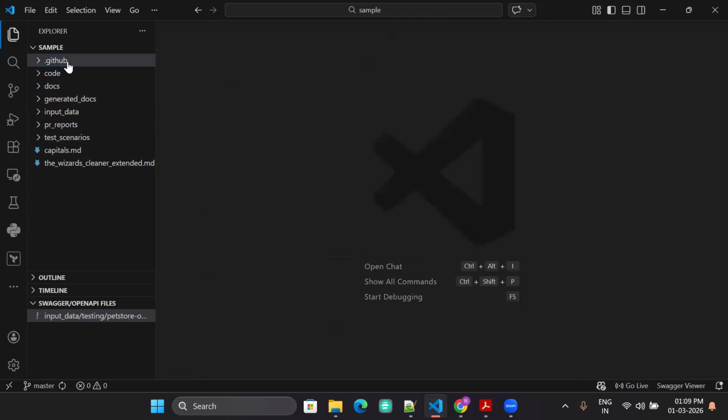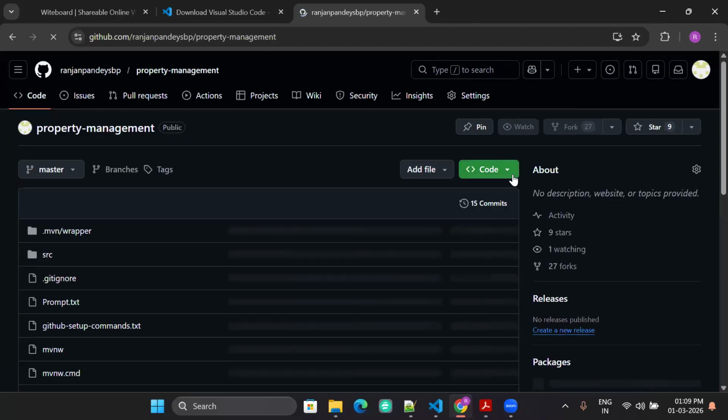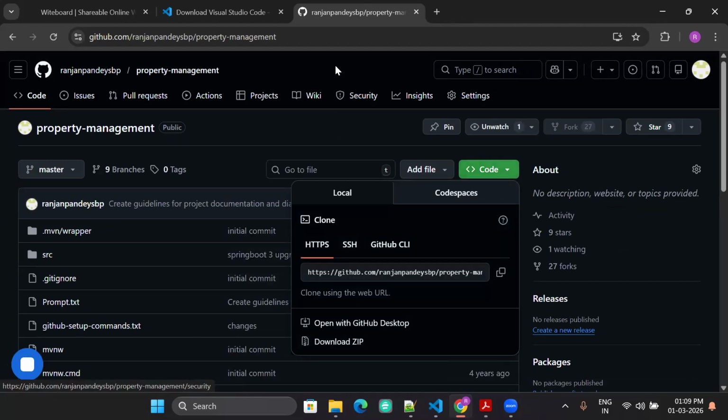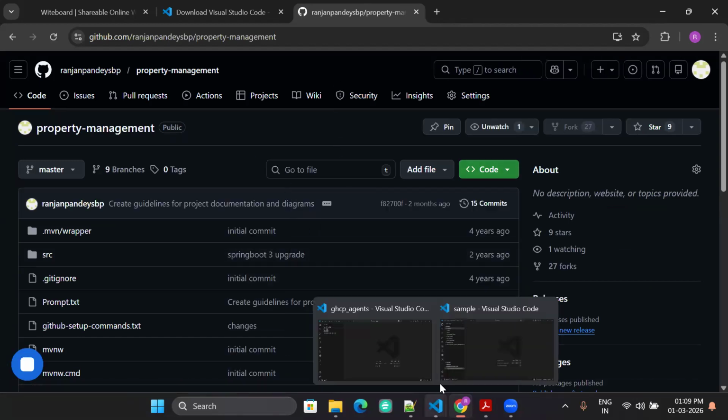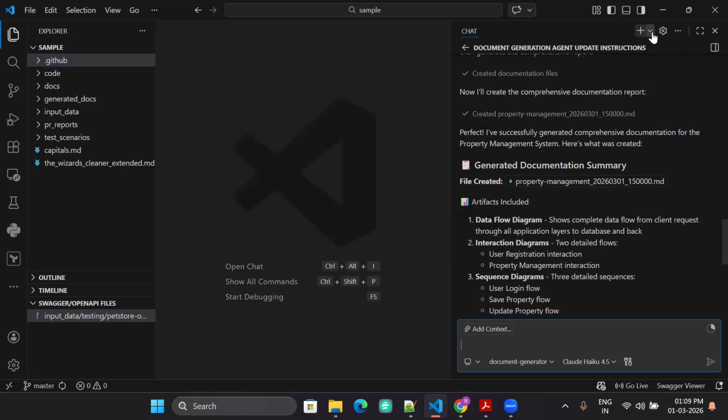I will share this in a GitHub repository. Then what you have to do is just download that repository. Let's say if I share it like this as a GitHub repository, you don't know Git, that's fine. You just go and download a zip, extract that in a folder location, open that folder in Copilot, and then you will see this GitHub folder. As soon as you see this, then you can use this from here in your Copilot.